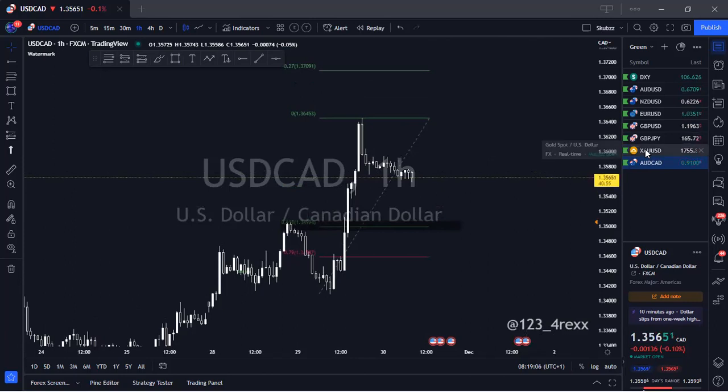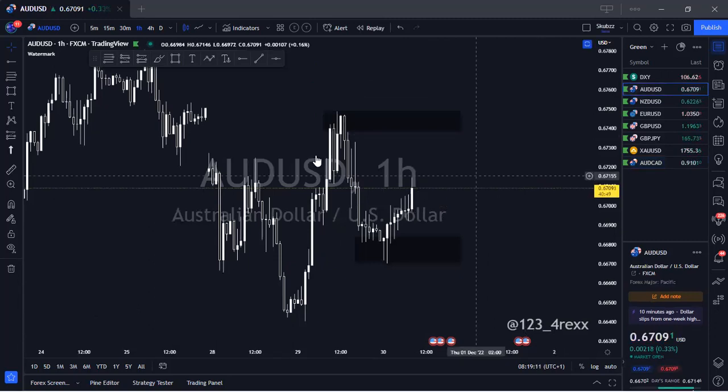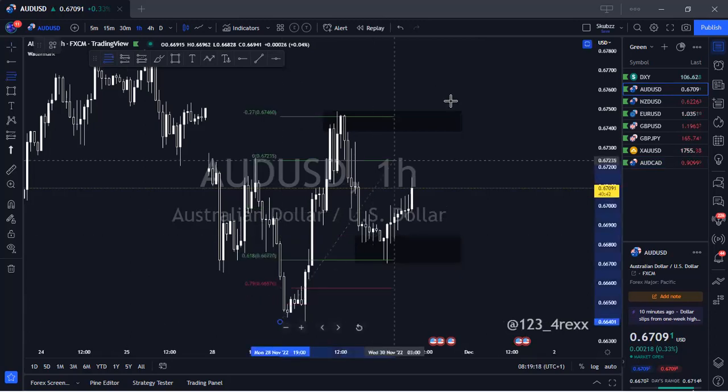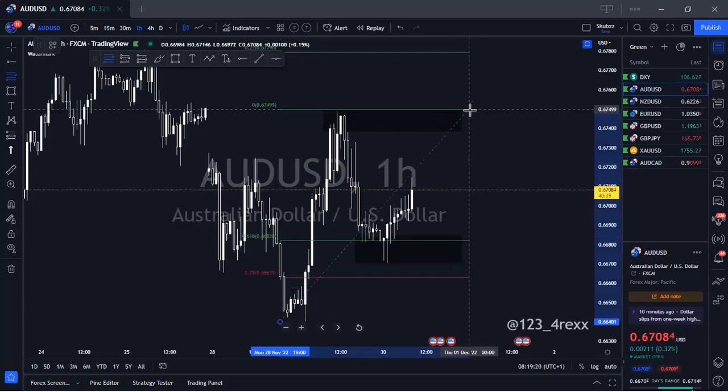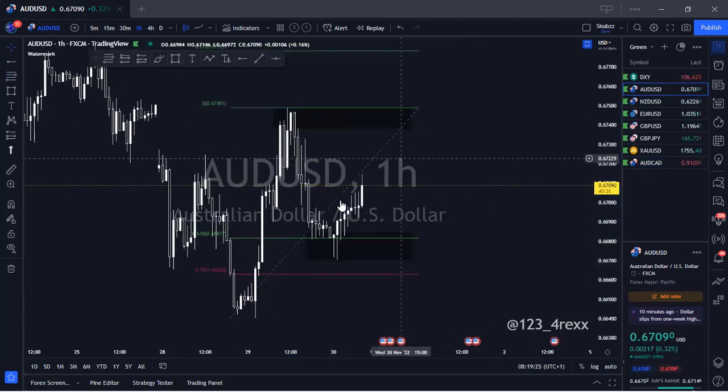Then let's see. Okay, Larry said we should look at AUD/USD again. Let me drop my fib. It's already buying. That's the problem. It's already buying. We cannot just go and jump on it. It's not safe, so I'm just going to leave it for now. But if the buys continue and then break above, then we can wait for a retest. So that's what I'll be looking at for AUD/USD.